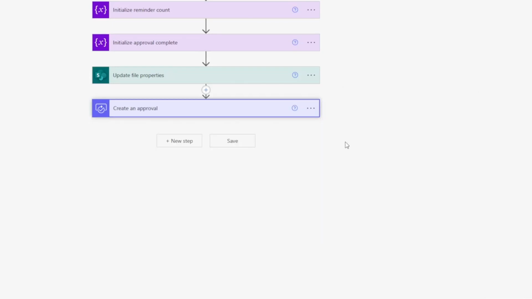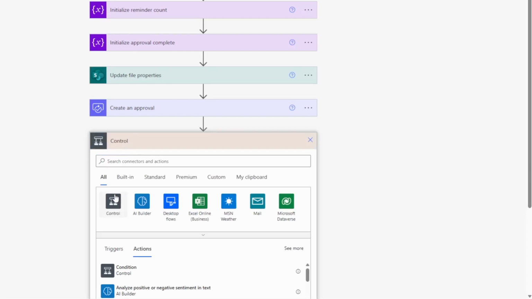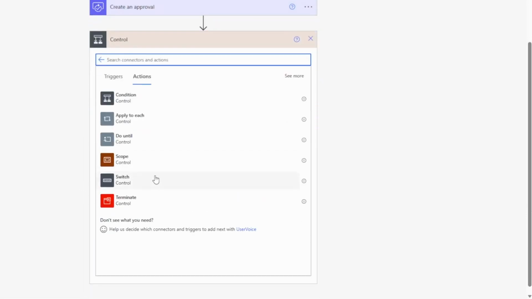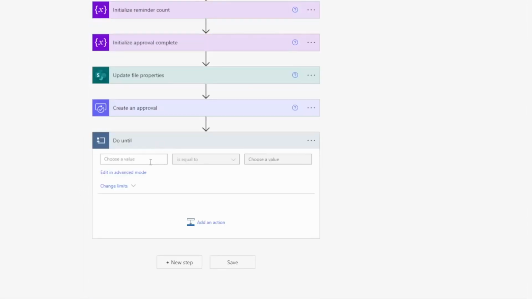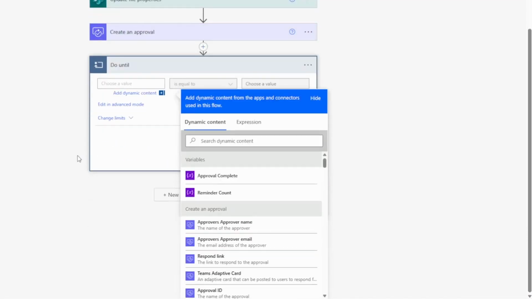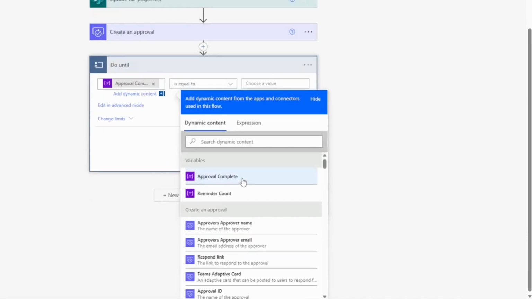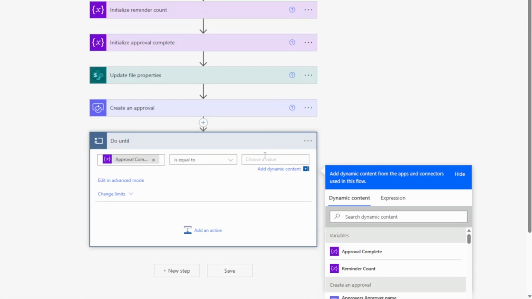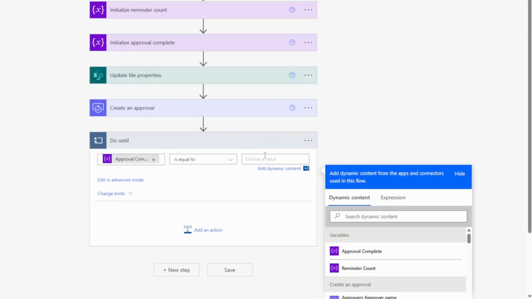The next thing we're going to do is actually start our loop. This loop's going to wait a certain amount of time for our approval response from Adele. And if it doesn't come in time, we're going to send out a reminder and then go back to waiting again. So we're going to go into new step, go into the control and add a do until. And our condition is going to be if approval complete is equal to